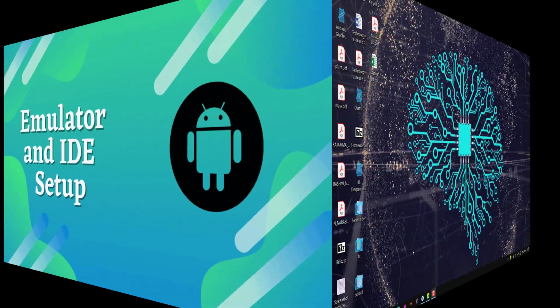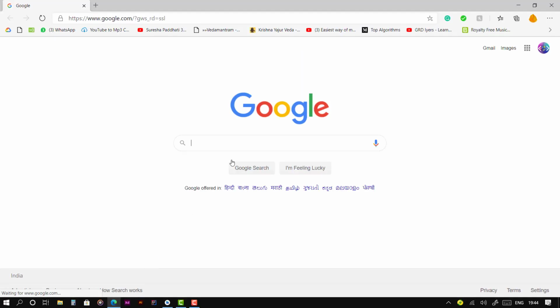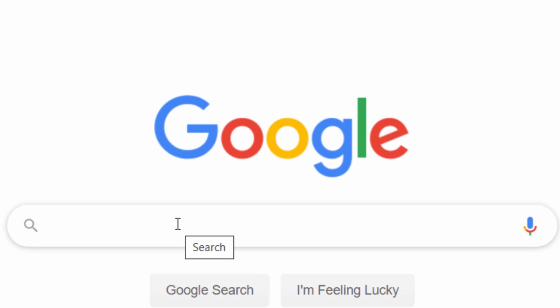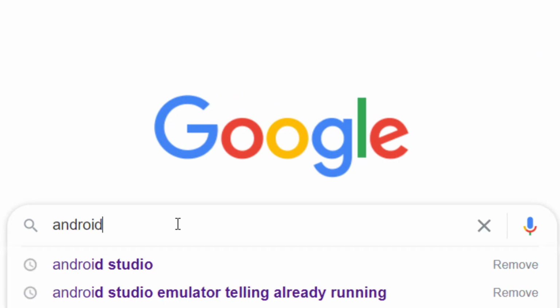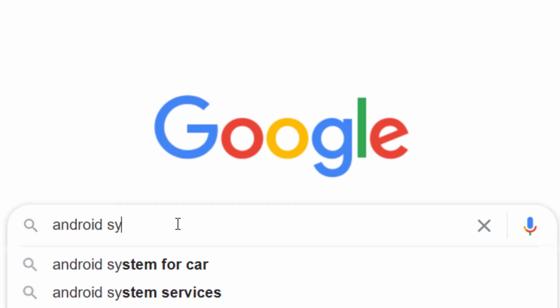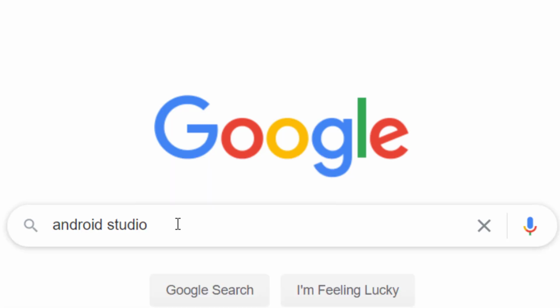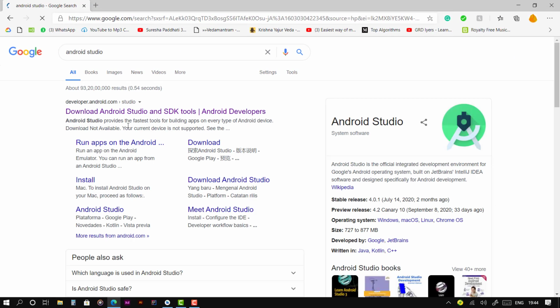We'll develop apps using Android Studio. To download that, just search for Android Studio in your browser. The very first link will be their official website. Click on that.